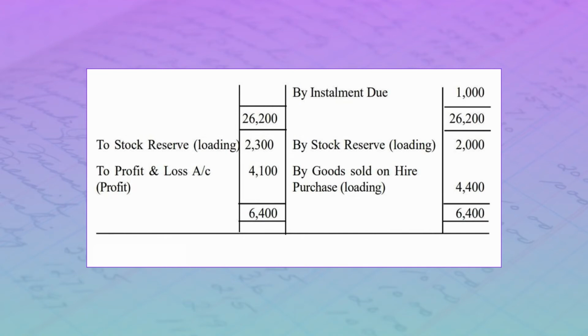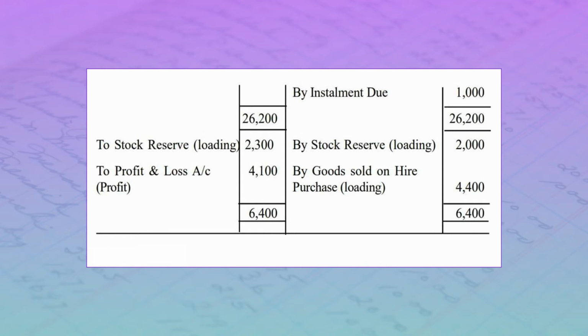So it is opening stock. Opening stock has been provided. It is 6,000. Here, all the figures we have to take into consideration after including the amount of loading. So 6,000 divided by 3 multiplied by 1, so it is 2,000. So opening stock would be 6,000 plus 2,000, that is, this 2,000 is the amount of loading. So total is 8,000.